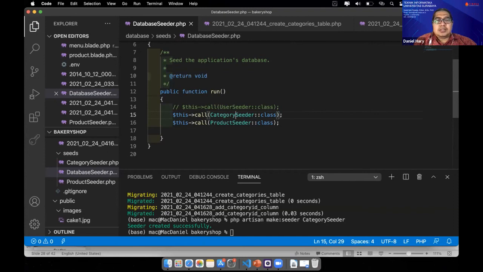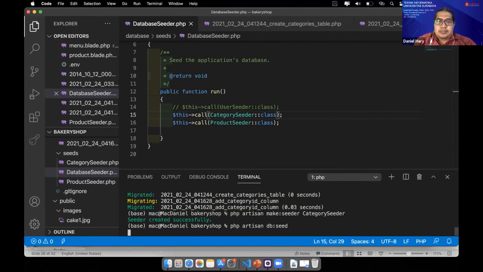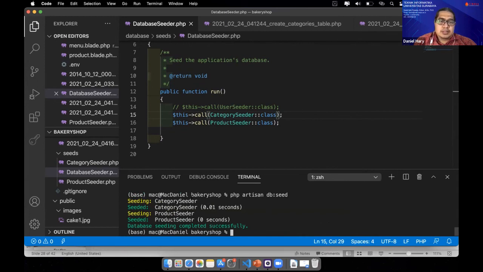Okay, our database is already created, and then we will fill it with our seeder. Next, running the seeder, db seed. Okay, category seeder success, product seeder success.